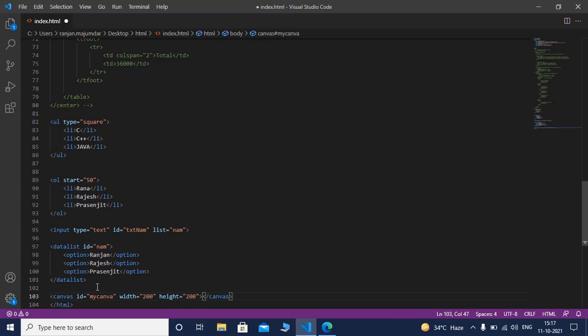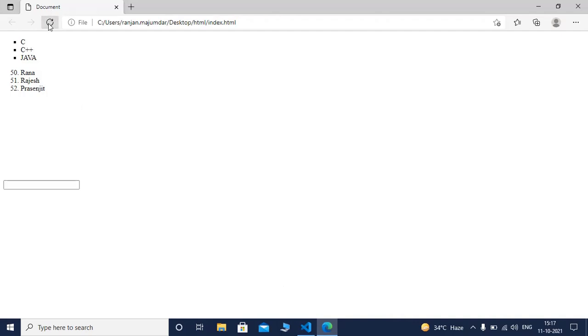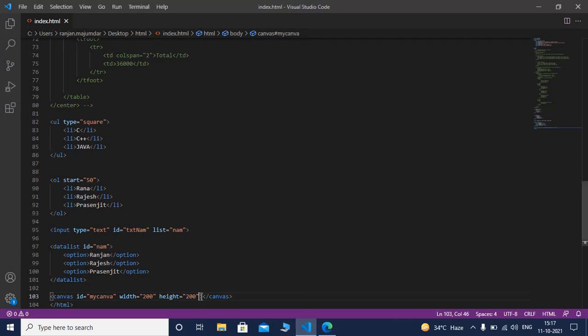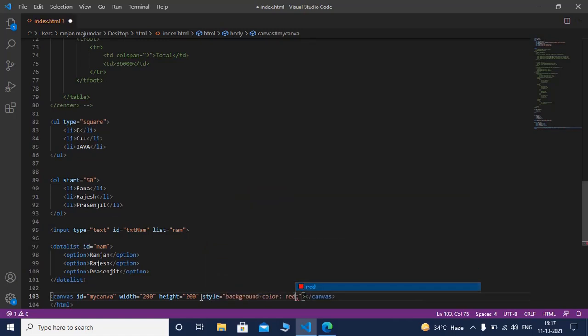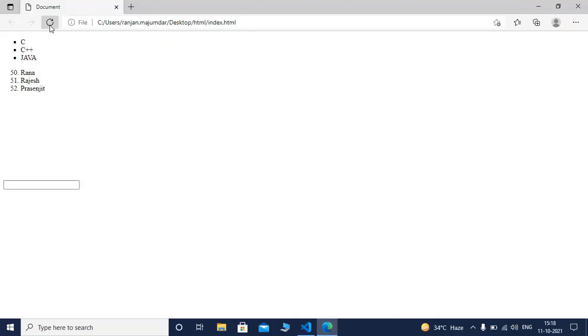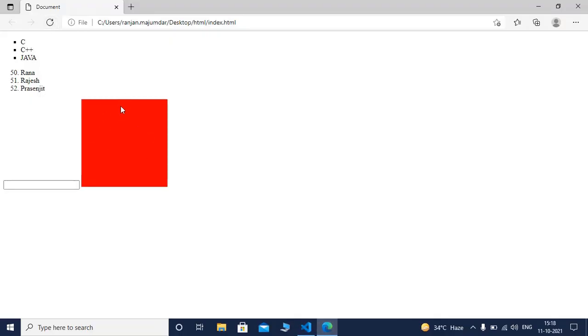If I save it and refresh the web page, at present you cannot see anything, but here I am using a global attribute style, background color red. Save it and refresh it. You can see the output. The background color of the canvas is red now.